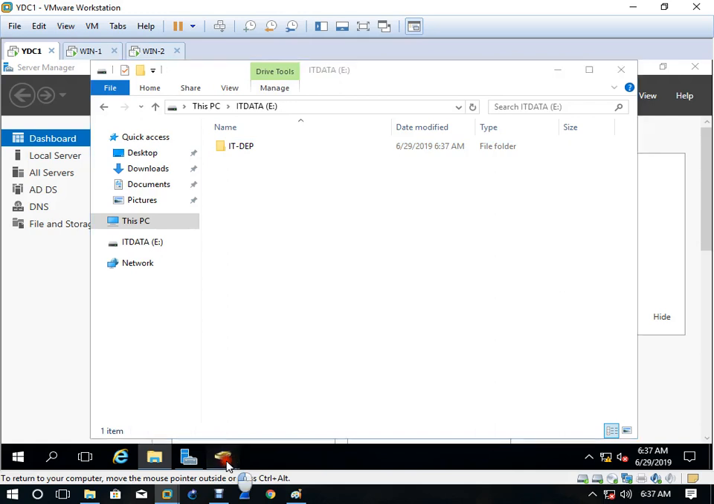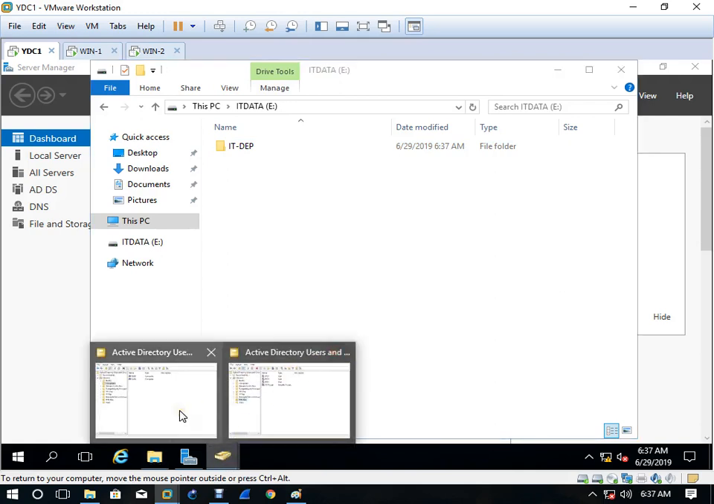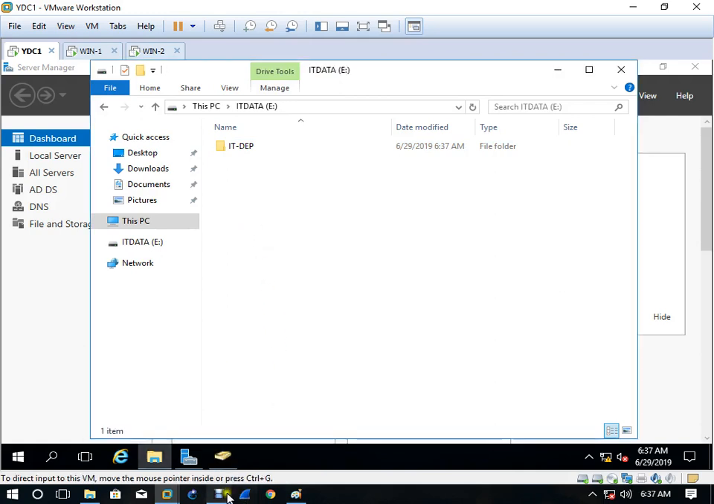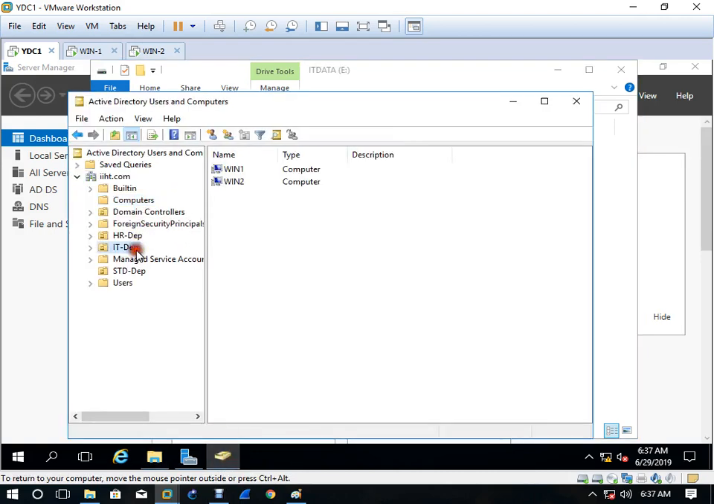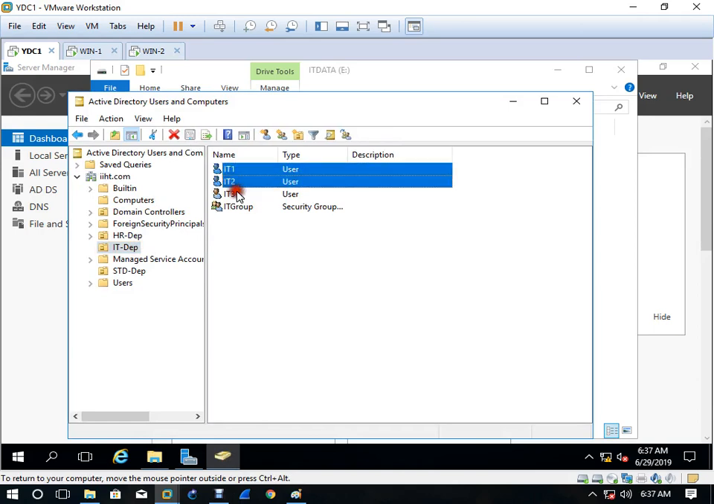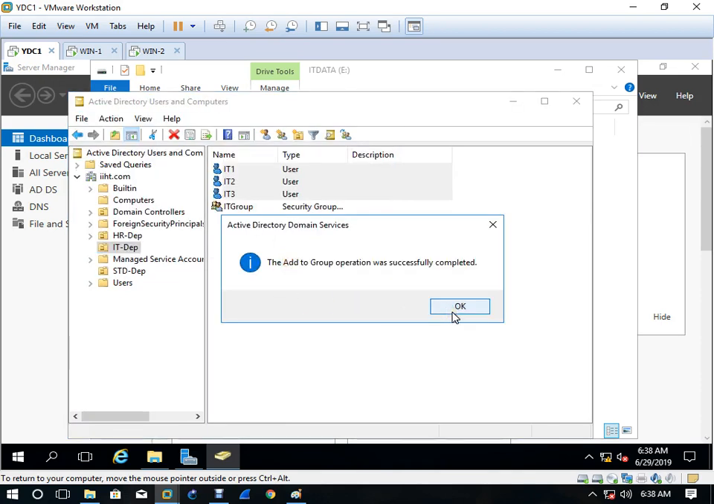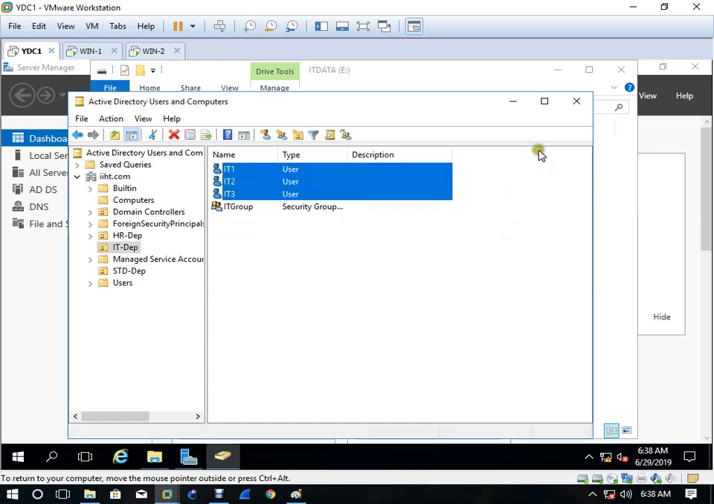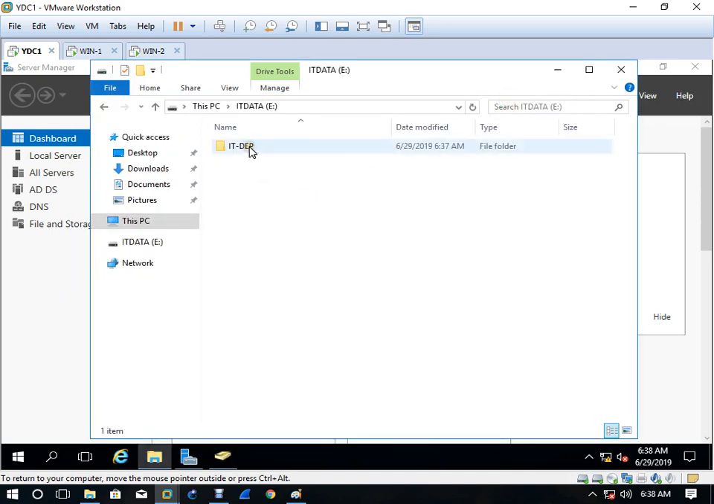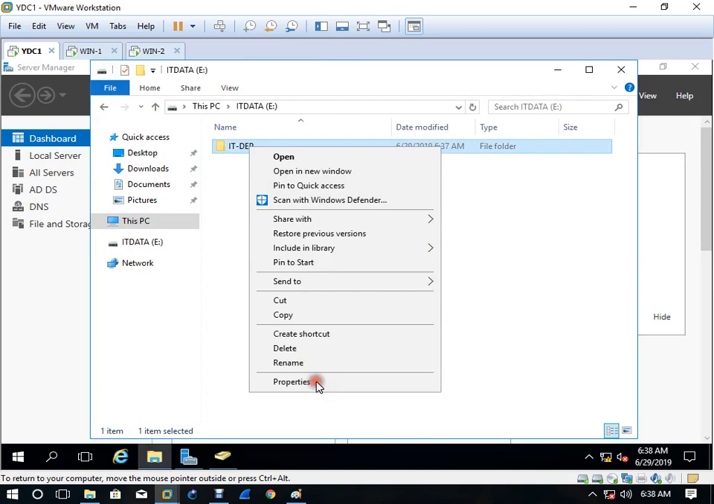Now if I'm creating this folder for the IT department, I have to add all these users to the IT group. So right click, add to a group, and write IT here and click check name. It will come automatically, but you have to type correctly. Then right click on this folder and go to properties,